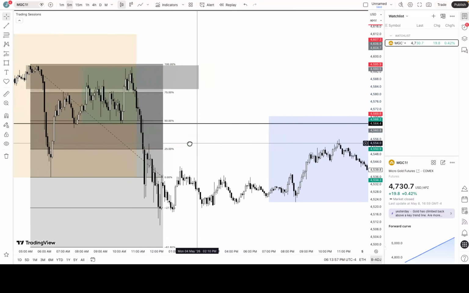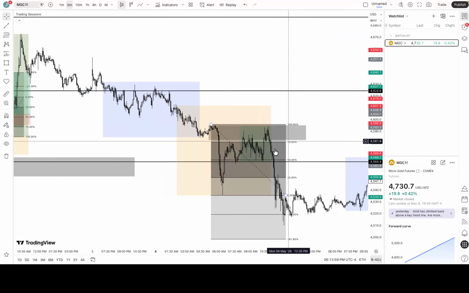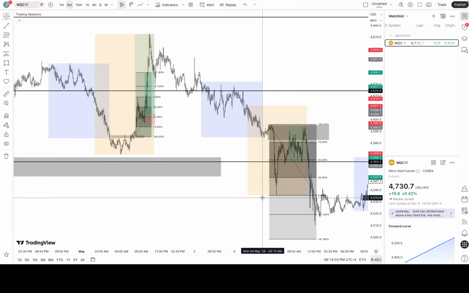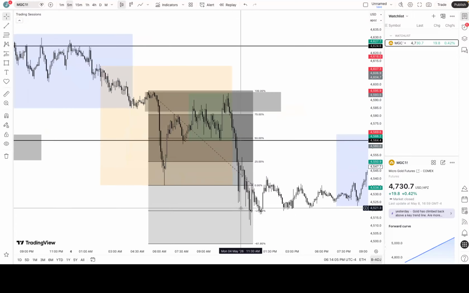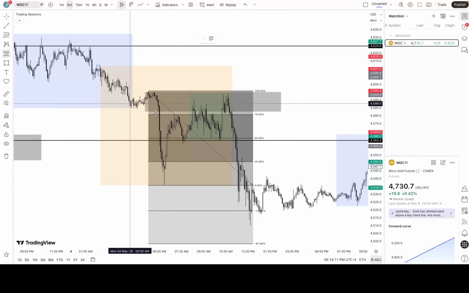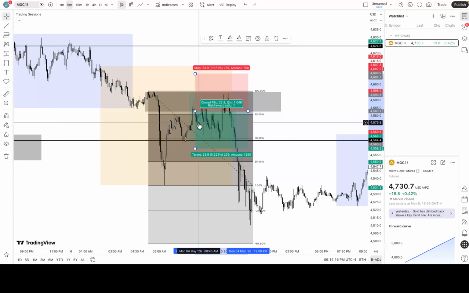we got all of this room down here to move to. We don't ever see price get to negative 61.8. But for this large move, I'd probably only enter back up until the 0%. Or if I'm feeling lucky, I'll go to the negative 27. But probably 0% would be the smartest. Once we see price push all the way back up here, negative 75%,